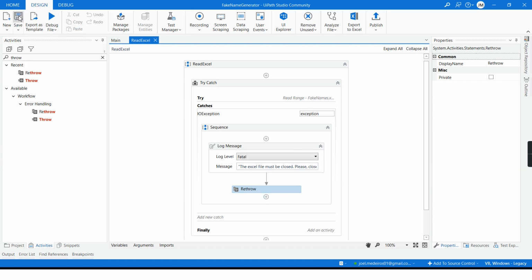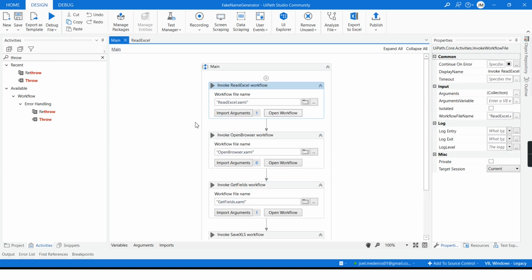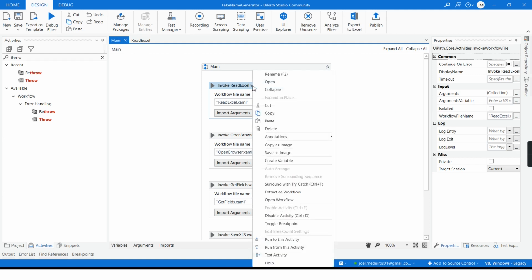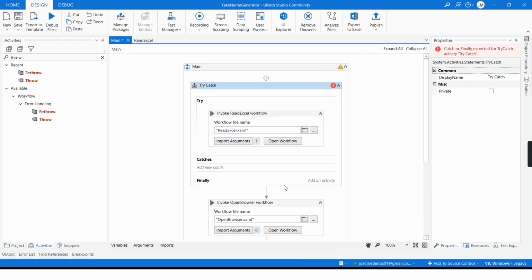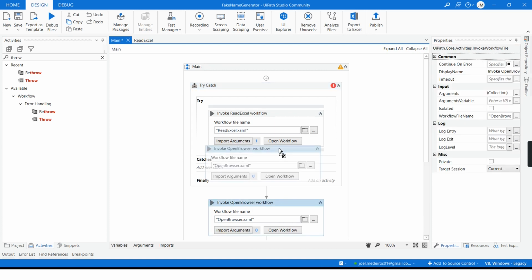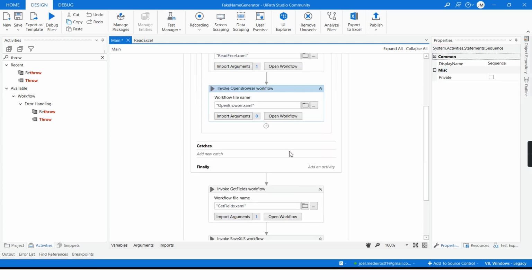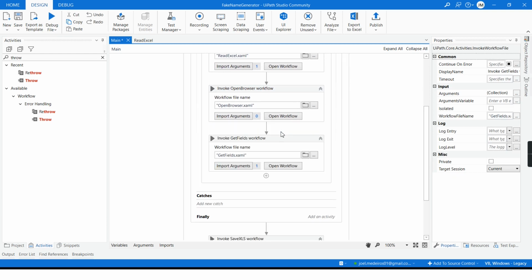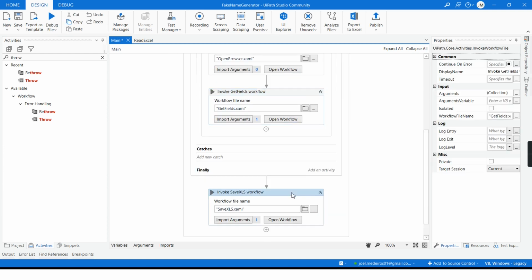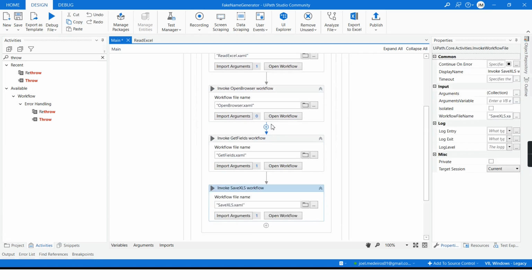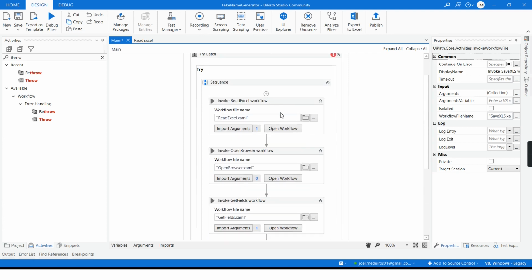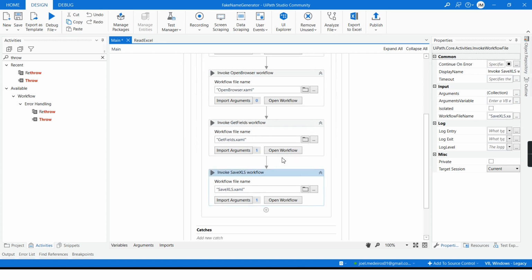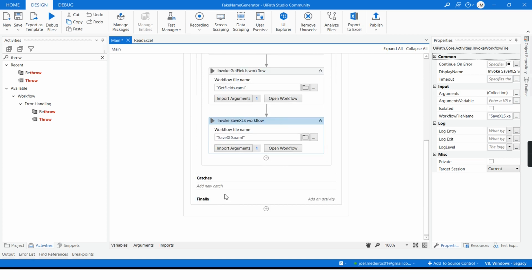But now I have to go to my main workflow and I will include a new try-catch here, but I will also include all my activities inside this try-catch, because then whatever exception happens in my entire process, I will get from this try-catch.